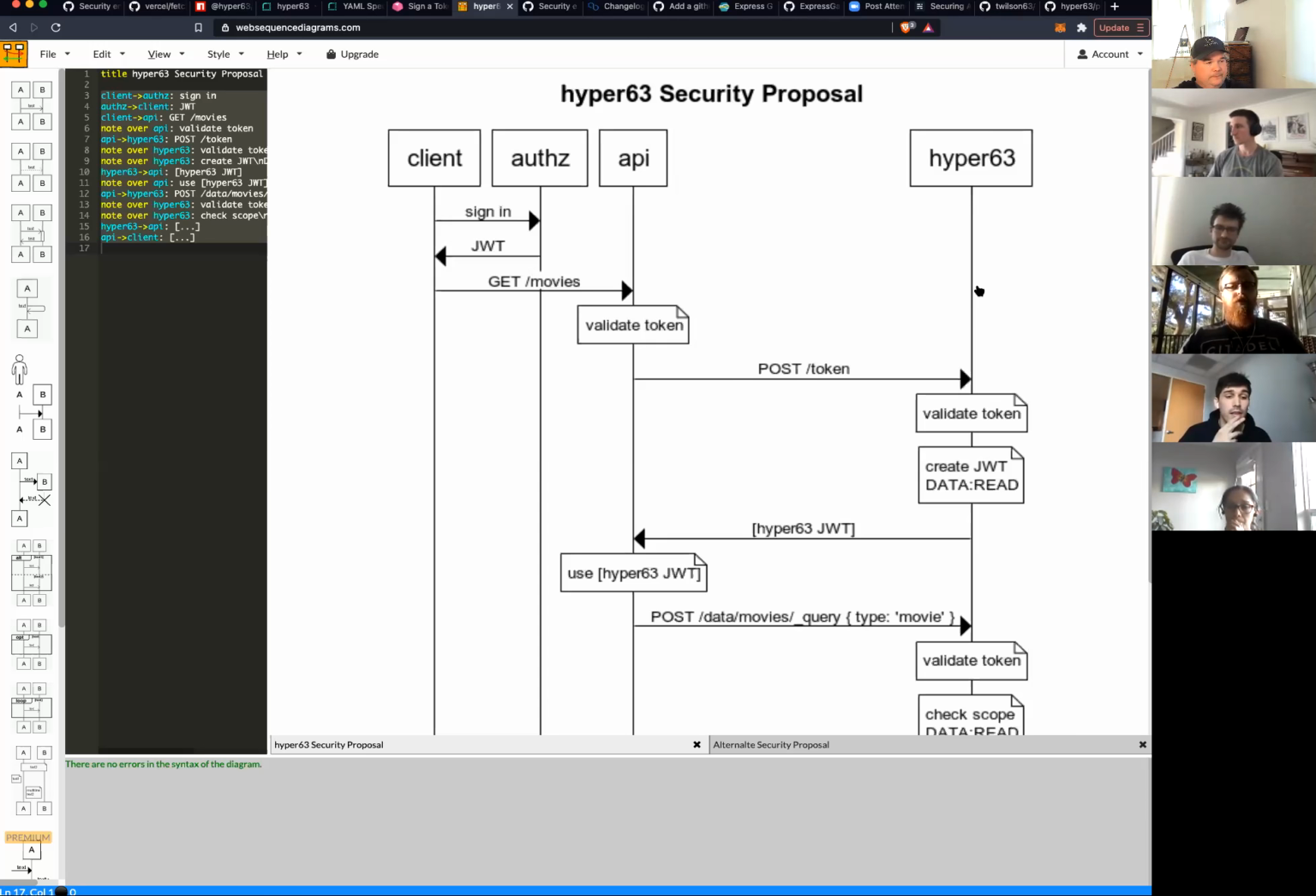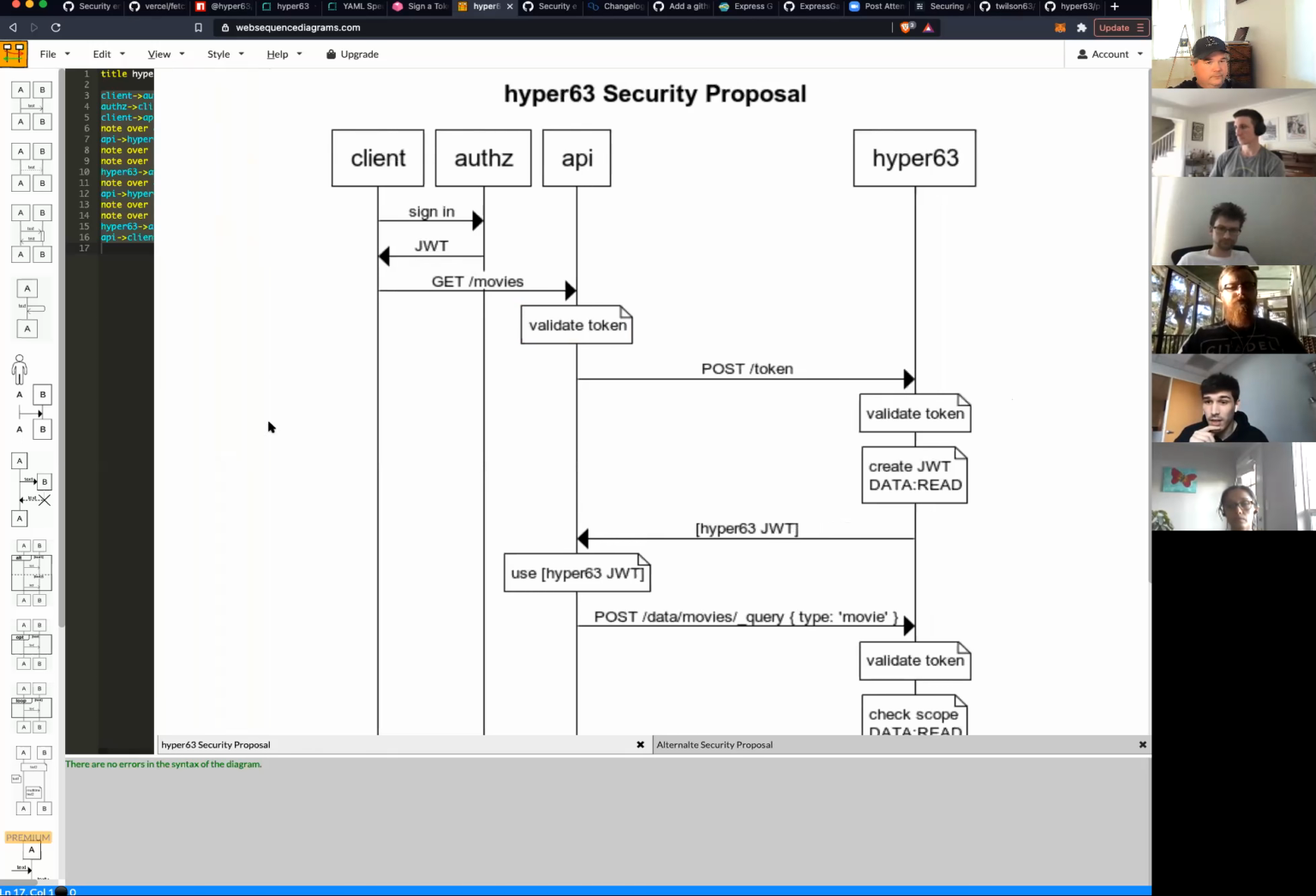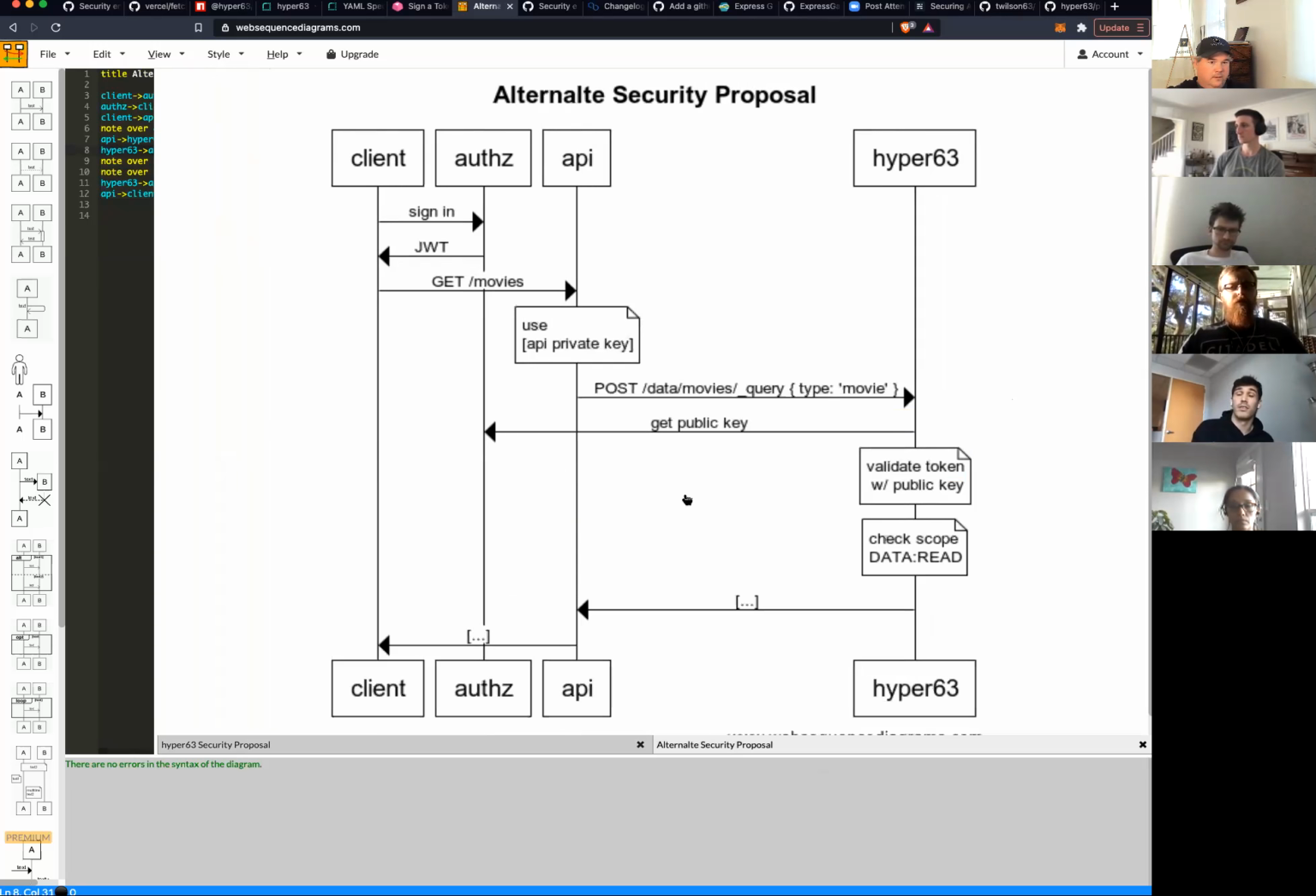I had the same intuition as Casey when I first looked at the diagram, that Hyper had the private key and then issued a public key to consumers. And I can see both. But with the currently proposed solution, and the API deciding its identity provider, its authorization server,